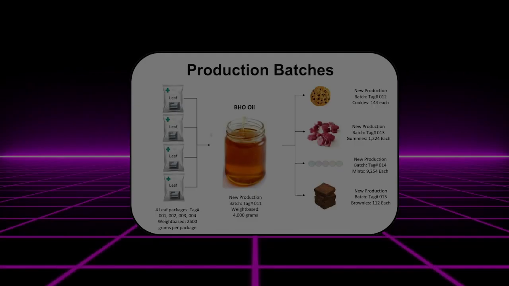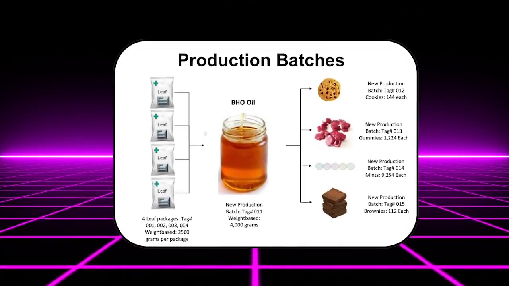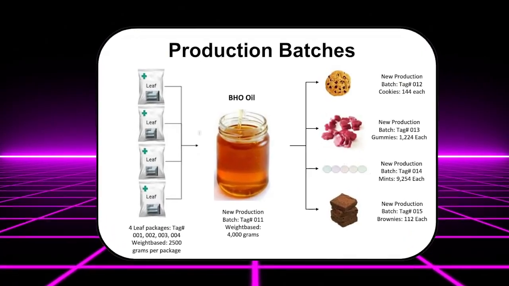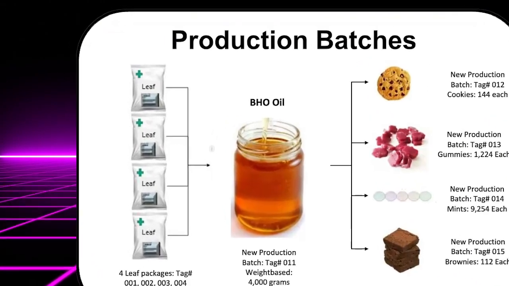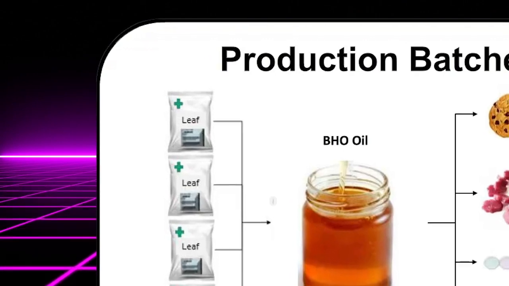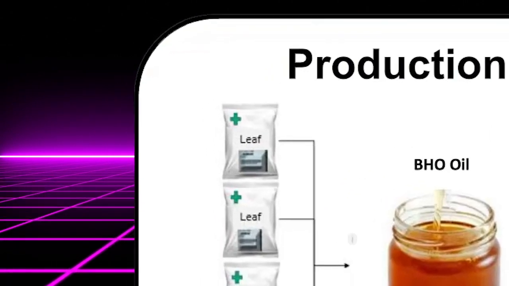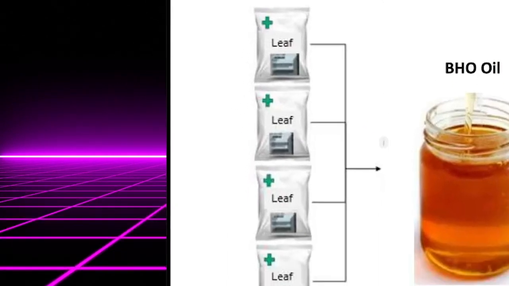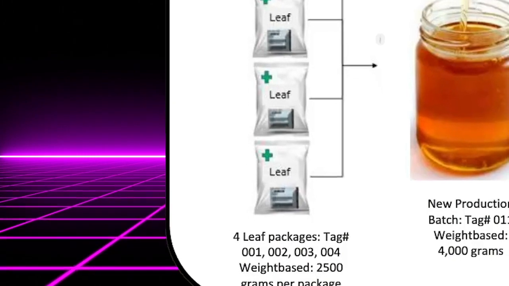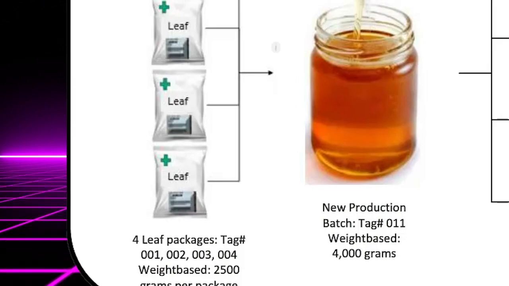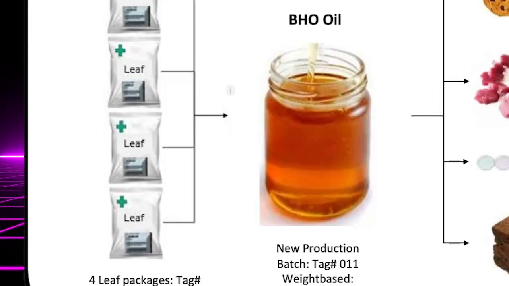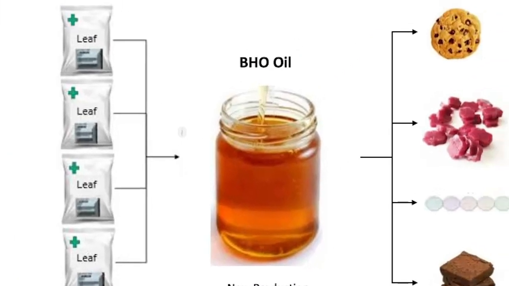A production batch is created anytime you chemically or physically alter an item, process an item, or add anything to an item. Here we see a basic example of the manufacturing process for edibles. We start with 4 packages of plant material, where each package contains 2,500 grams. Those 2,500 gram packages, or 10,000 grams total of plant material, are used in a production batch to create 4,000